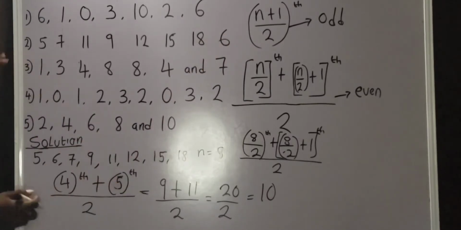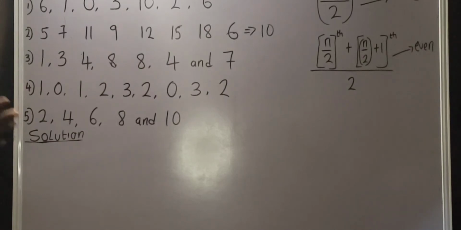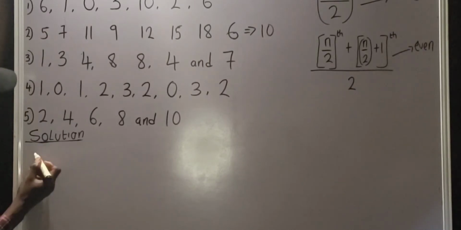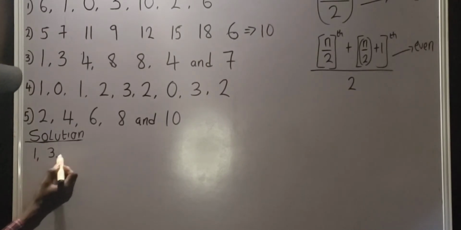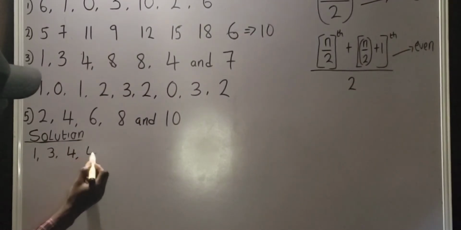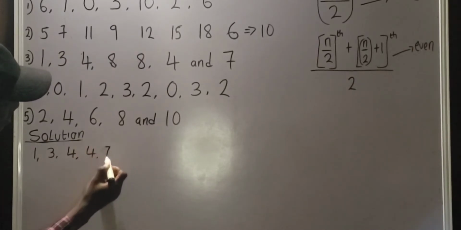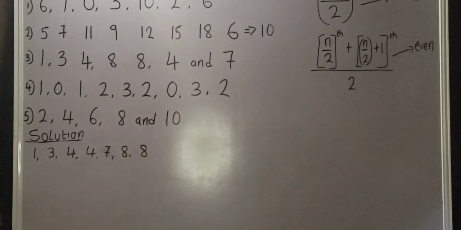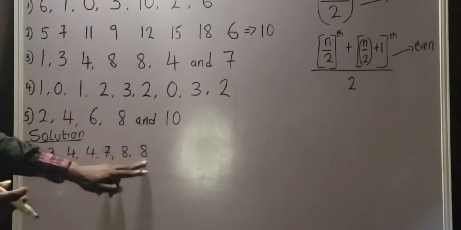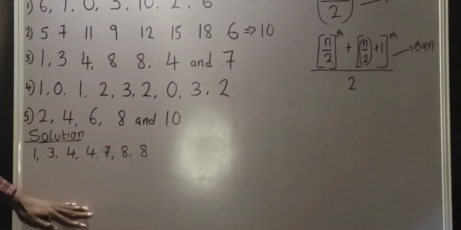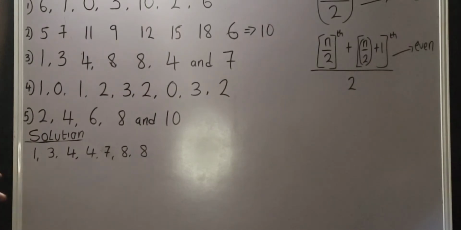You understand? So let's find the median of the third question. The first step is that we are going to arrange this data set in ascending order. So I'm going to have 1, 3, 4, no, not 8, that's 7. The next numbers are 7, 8, 8. I've already arranged the data set in ascending order. The next step is that I'm going to count the numbers in my data set to know the median formula that I'm going to use. So I have 1, 2, 3, 4, 5, 6, 7. Since the total number of the data set is 7, an odd number,